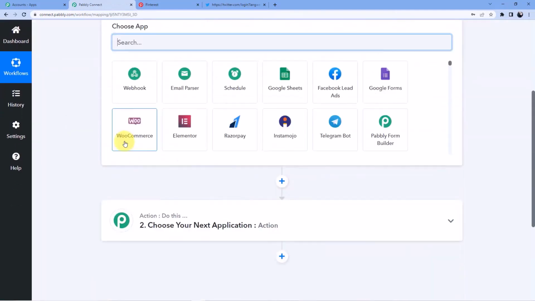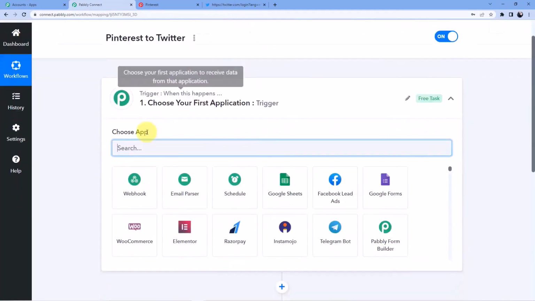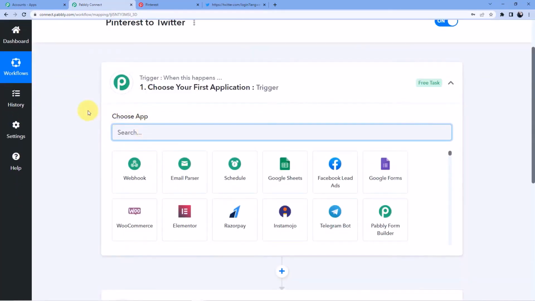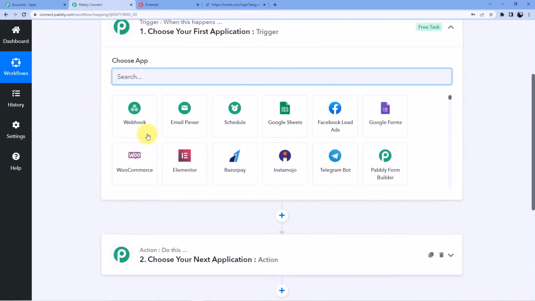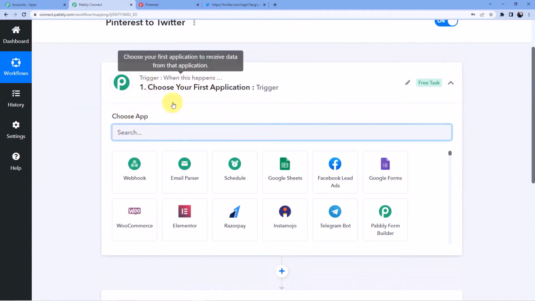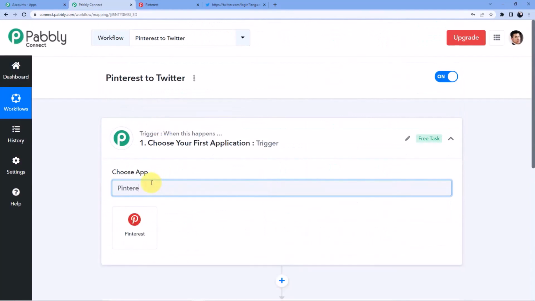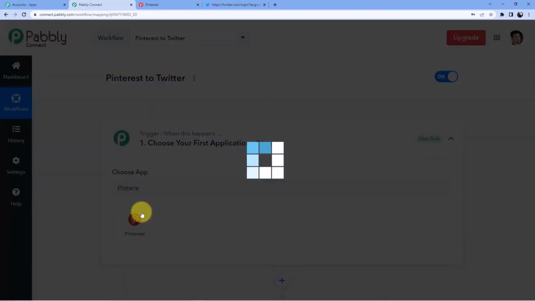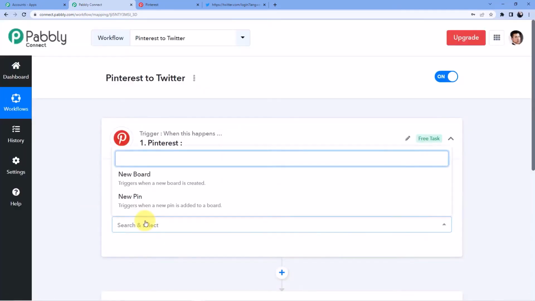have two windows here. First one is trigger, second one is action. Now trigger window is the window where an event is happening at the start of the process. Action window is the window where an event is happening at the end of the process or when the final event is happening. So trigger means when this happens, action means do this. So what would be our trigger? We are having a new pin in our Pinterest. So we will go for new pin,